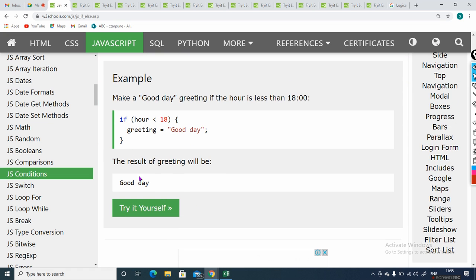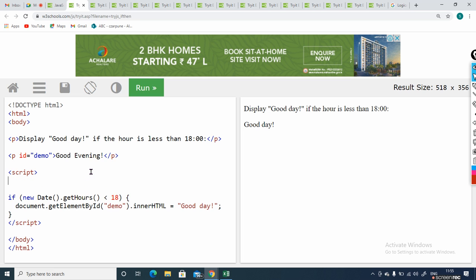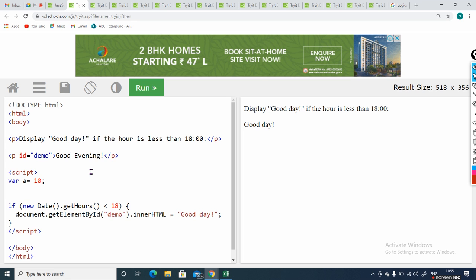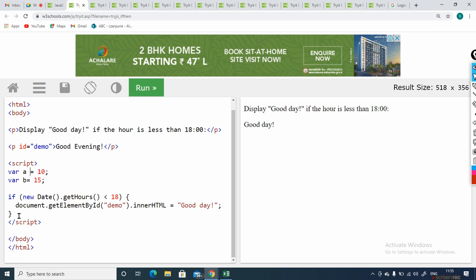Now here I'll check what they are doing: new Date, getHours less than 18. Now I will simplify it a bit more. Let a equal to 10, and let b equal to 15. Now see, a is equal to 10 and b is equal to 15. Now here in the if condition I'll write if a is greater than